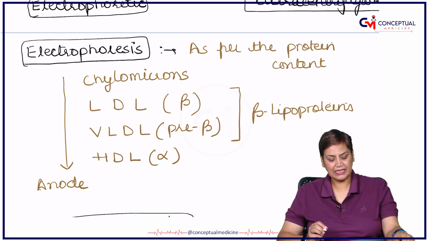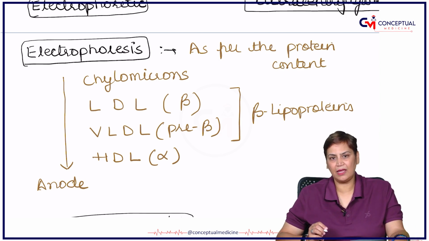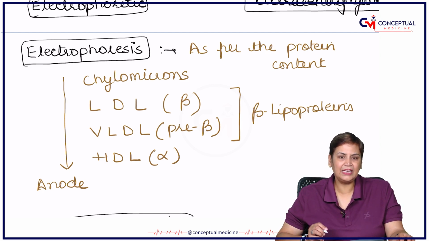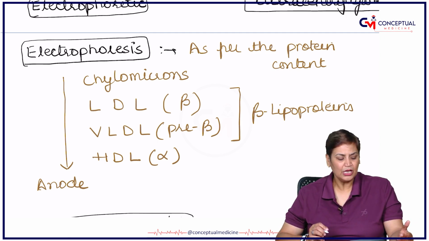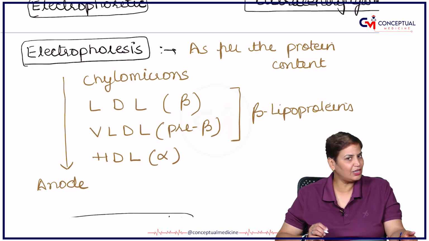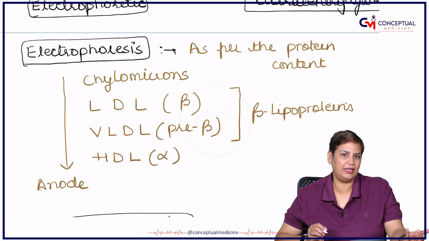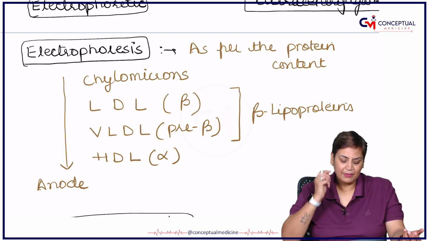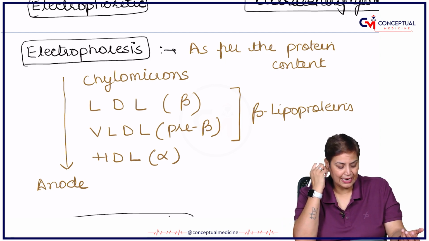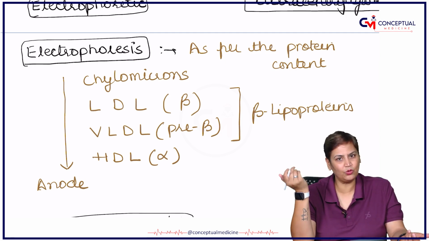Right. So these are the four main types of lipoproteins. No doubt IDL is also produced, but basically IDL is produced as an intermediary density lipoprotein, which we are going to cover in the metabolism also. So when VLDL is being converted to LDL, in between IDL will be produced. It is also known as broad beta, also intermediary, or the other name of this is remnant VLDL. And immediately it will be converted into LDL, then LDL has altogether a different metabolism to undergo.